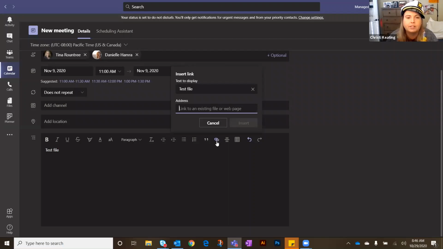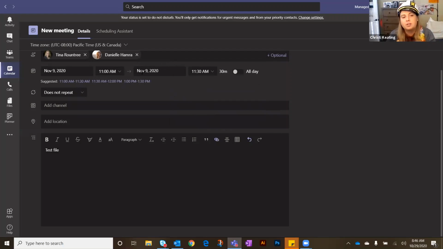But what you can do here is link it to a file or a web page. So if you're using SharePoint, or a lot of document management systems these days have a way to link files rather than just attaching them, you can come here and add the attachment file. Keep in mind that those file settings are going to translate into Teams. So say Tina and I have access to a document in the leadership team that Danielle may not have access to, but I put it in here and Danielle